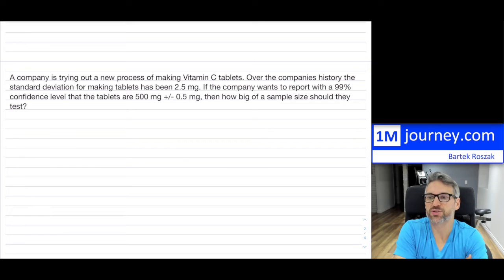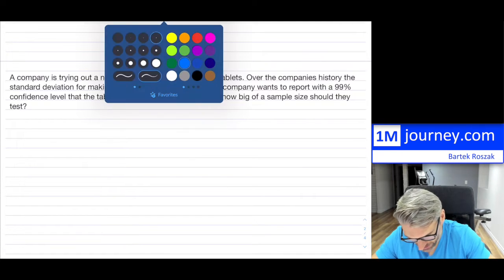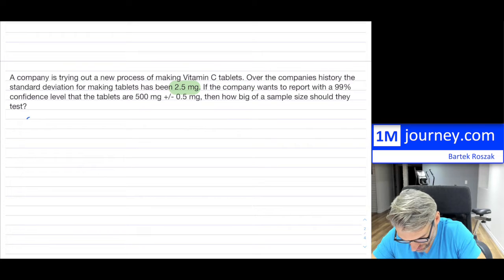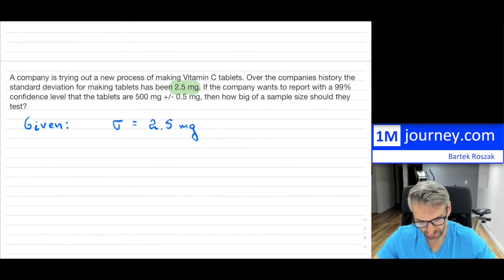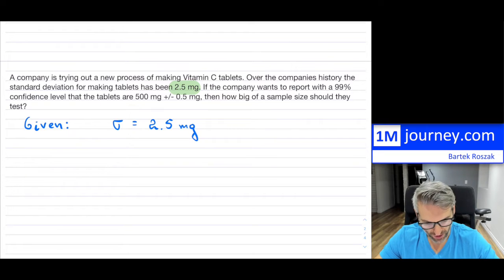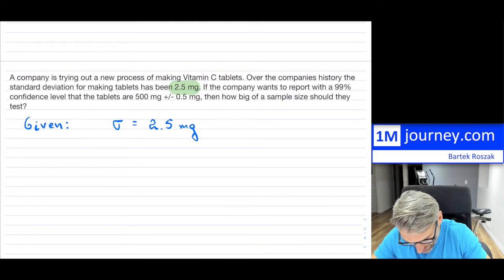So let's say a company is trying out a new process of making vitamin C tablets. Now, over the company's history, the standard deviation for making tablets has been 2.5 milligrams. So we have that. I'm going to write this out here. So given, my standard deviation in historical terms for this company is 2.5 milligrams. If the company wants to report with a 99% confidence level,